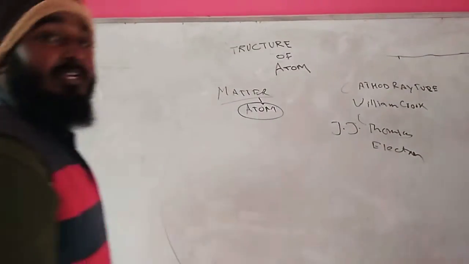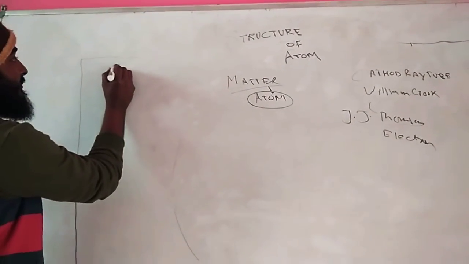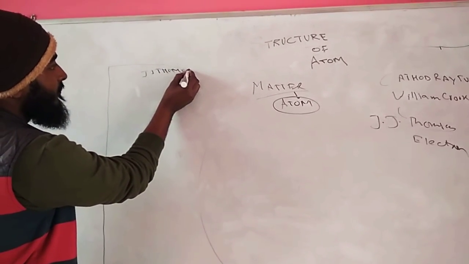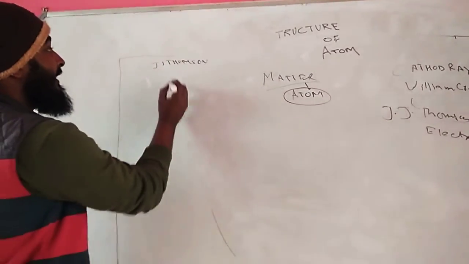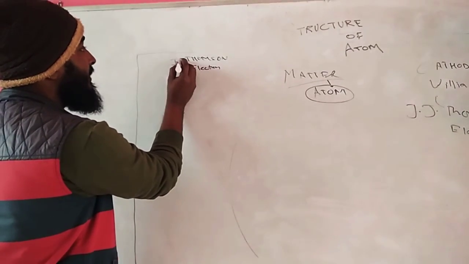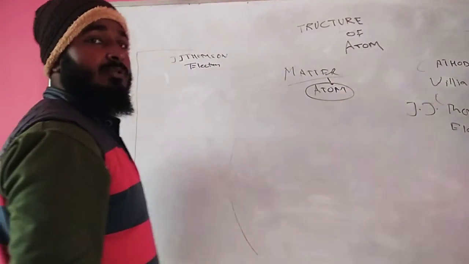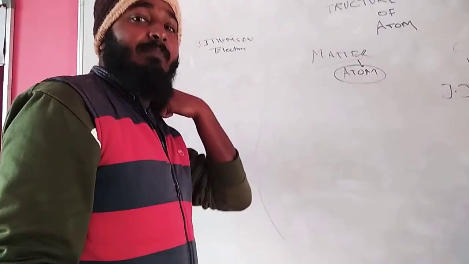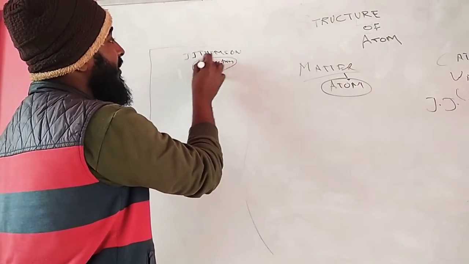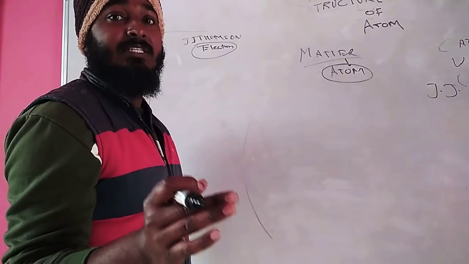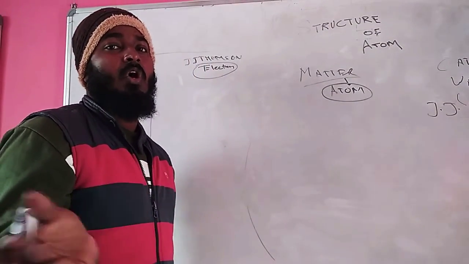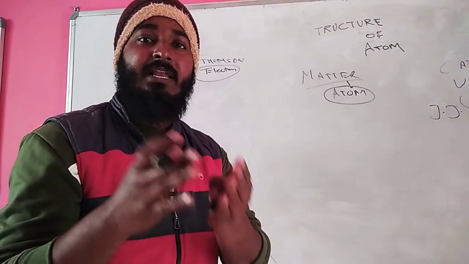So the discoverer of the electron was J.J. Thomson. The first particle found in an atom was named electron by J.J. Thomson. So there was a discovery of a negatively charged particle called the electron. Now the curiosity began again. If there is